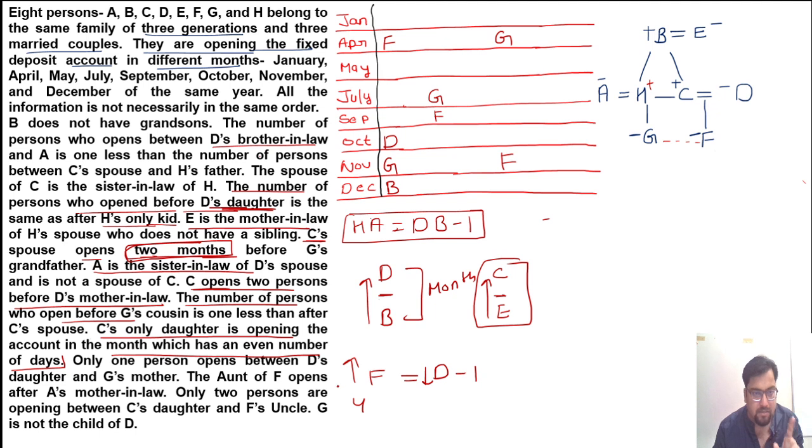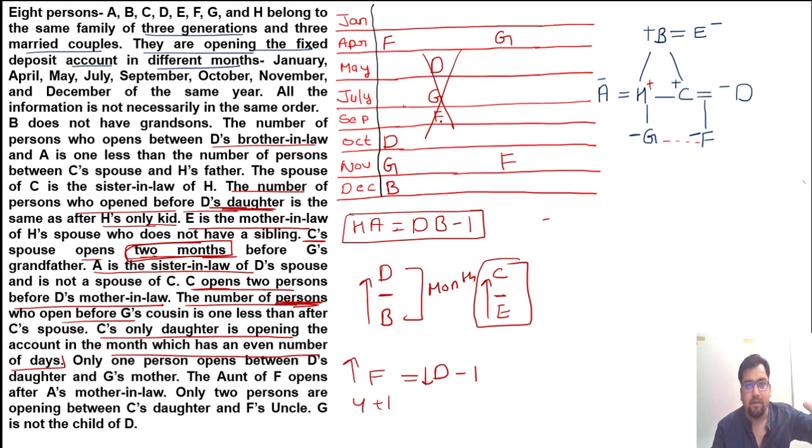Before F 4 persons, right? The number of persons, we are talking about the persons, so F 4. 4 minus 1, that is 4 plus 1, because this minus 1 will come here and plus 1 will be there. So 4 plus 1, that is 5. So after D 5 persons will be there. So 1, 2, 3, 4, 5, D will be there. Now just think. Is it possible to place B? Because we know that from B take a 1 month gap and D must be there. So D is here. Is it possible to place B? No, not possible.